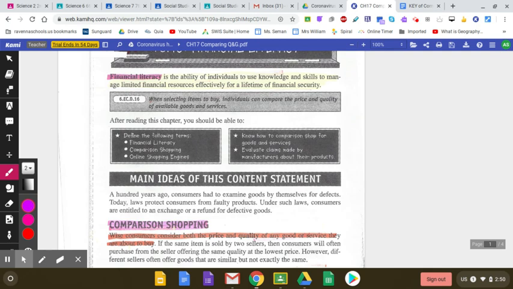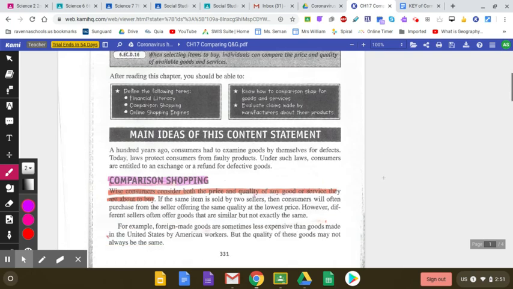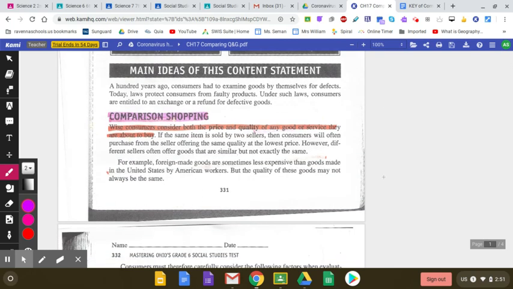So our state standard is: when selecting items to buy, individuals can compare the price and quality of available goods and services. After reading this chapter, you should be able to identify the following terms: financial literacy, comparison shopping, online shopping engines. You should also know how to comparison shop for goods and services and evaluate claims made by manufacturers about their products. The main idea of this content statement: 100 years ago, consumers had to examine goods by themselves